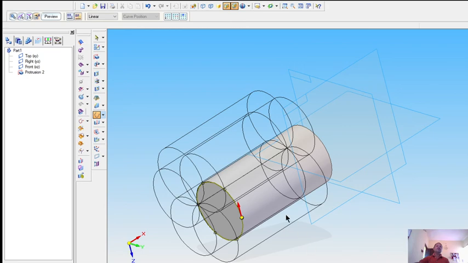Along this curve path we have selected, or we are creating the pattern along this curve. So we have given the count of 6 numbers. So the pattern is created along the path, that is, 6 in number. We can see here the 6 patterns are created along the curve. So this is how the pattern is to be created along the curve.